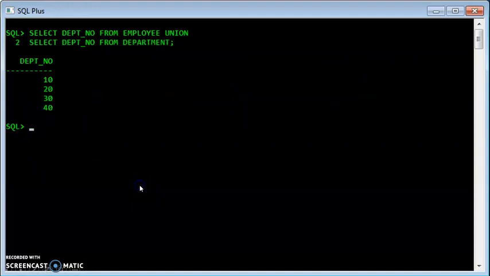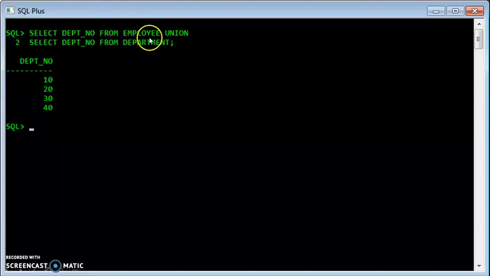Now union generally gives the result of combination of both the tables. But when you want to perform a union, it is important to see that both the tables have the same column name in common. Like we have department number for both employee as well as the department. So I will select the department numbers from the employee, I will select the department numbers from the department, and I will make the union. So I will combine them and just write a single copy.